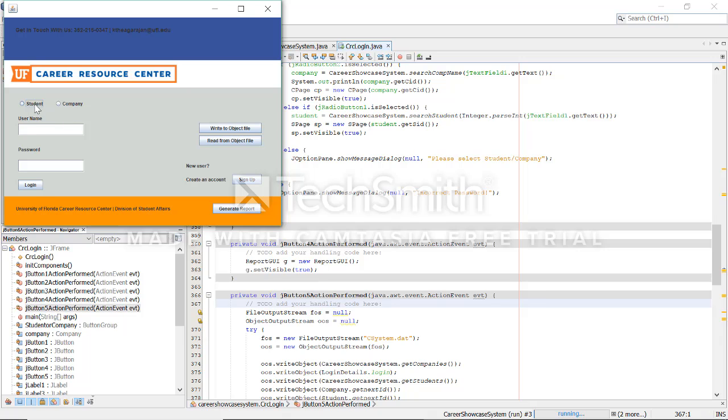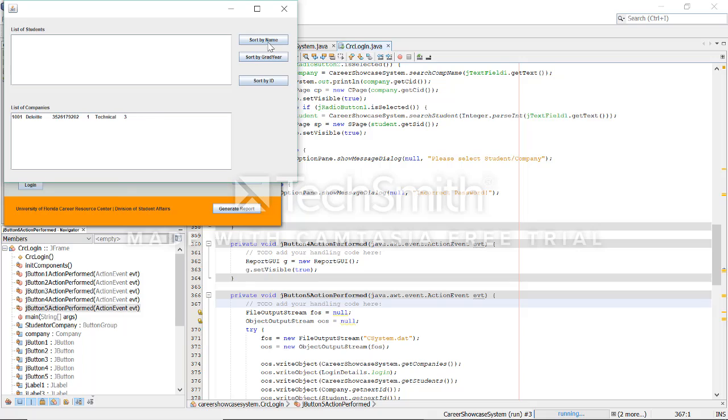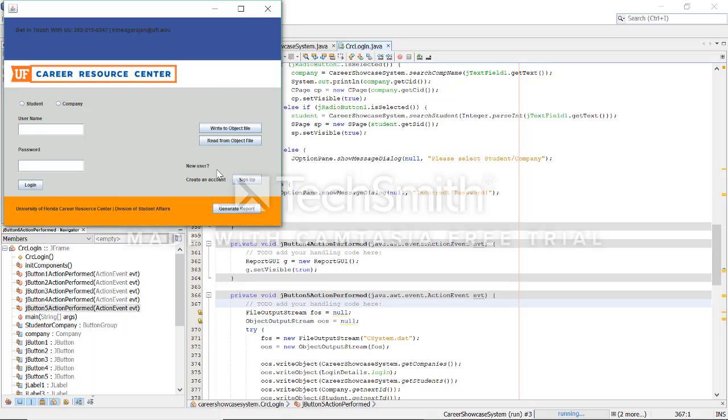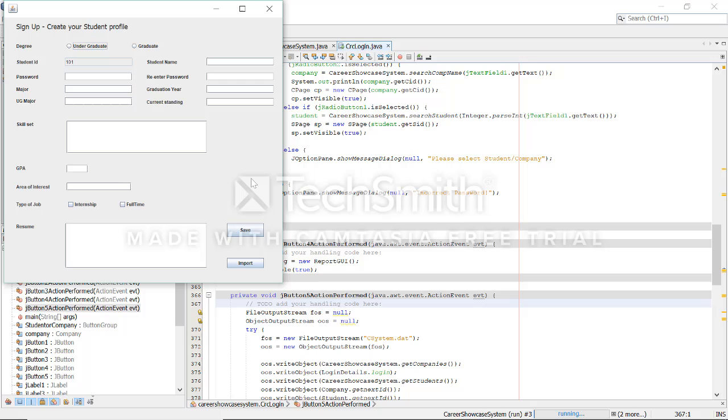There are no students added right now. So we click on sign up, select student and click on sign up to create a new student user. The student has two subclasses, graduate or an undergraduate student inherited from student class. If it's an undergrad student, it does not contain a UG major attribute, and likewise a graduate student does not contain a current standing,